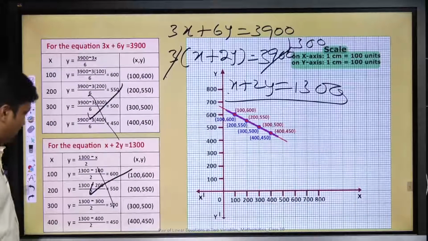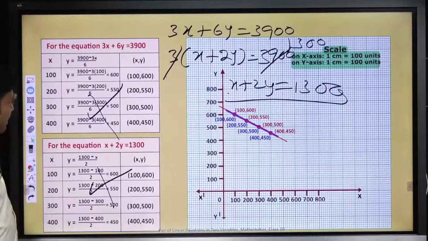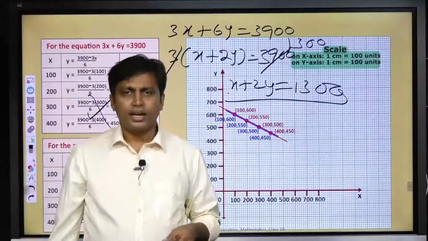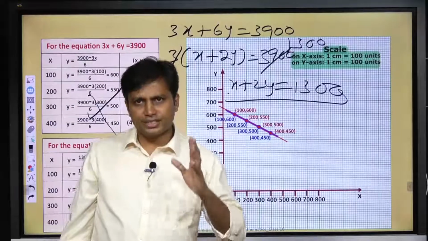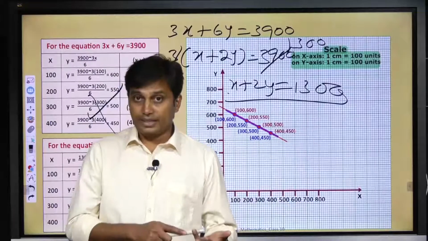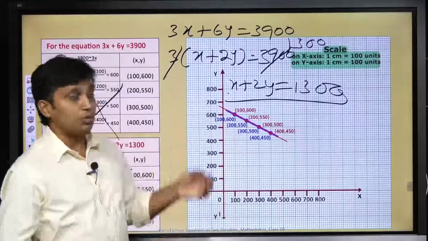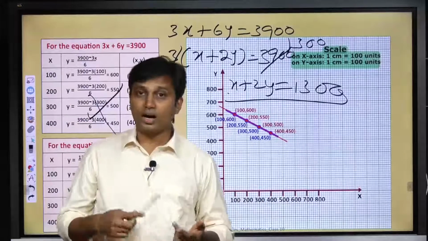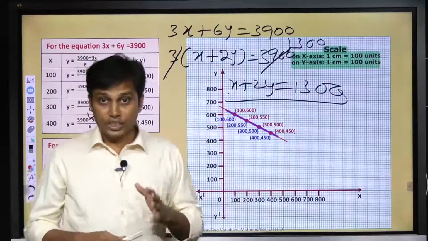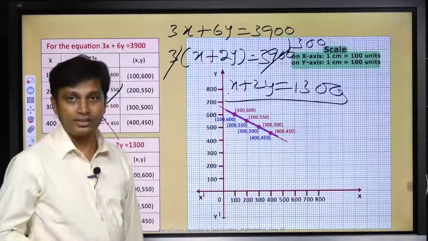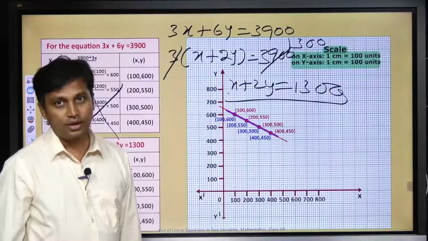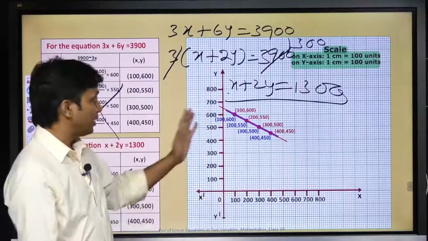Anyways, after seeing all this, let us come to one conclusion. Now my question is, to decide whether the given simultaneous equations, or given system of equations, are mutually dependent or consistent or inconsistent, how can we decide it? Is it possible to draw a graph like this every time? Can you draw like this? No, because it is time consuming. Only to make you understand, we have shown this with a graph.